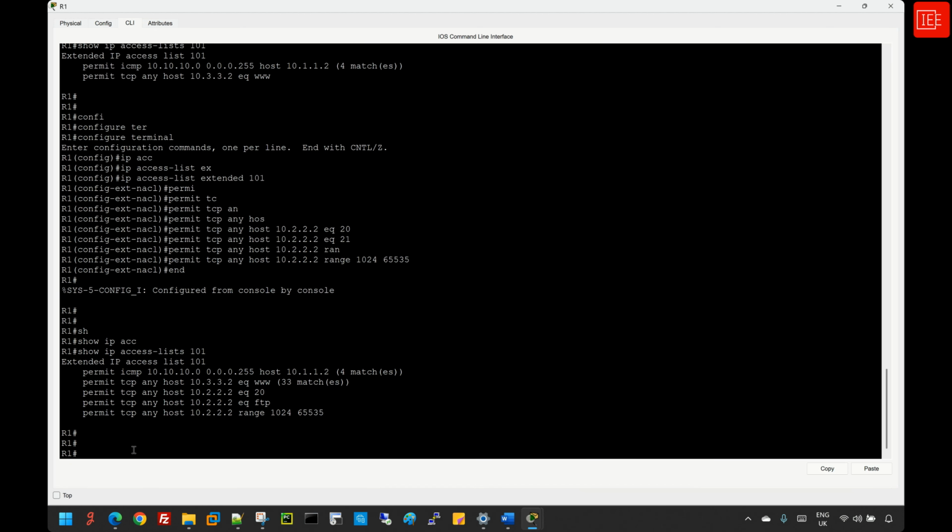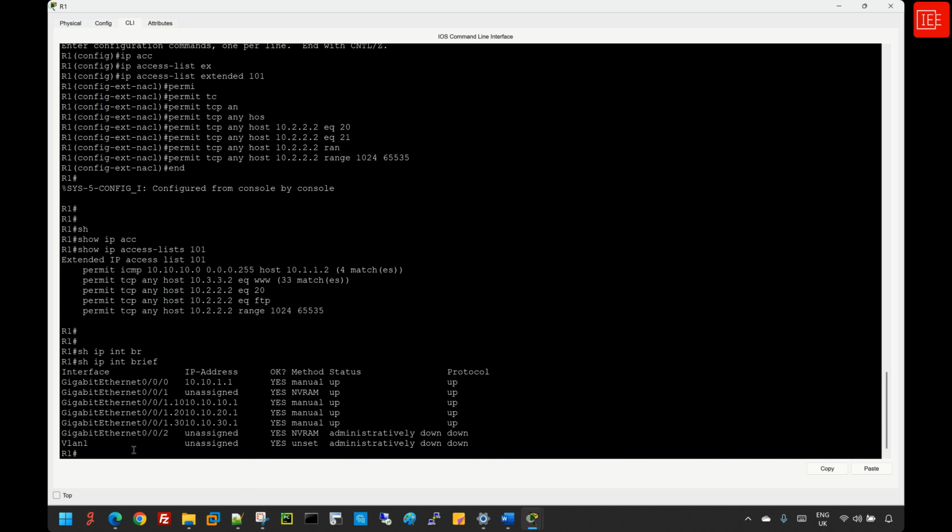And from here, I will say show IP interface brief. Based on the output that we can see on the screen, Ethernet 0/0/1.10 is connected to VLAN 10, and .20 is connected to VLAN 20, and .30 is connected to VLAN 30. Okay, so with that being said, let's go ahead and create an ACL and deny both the finance and the